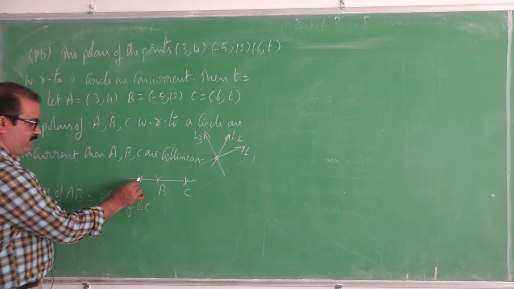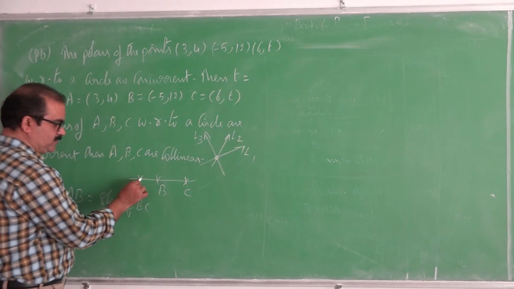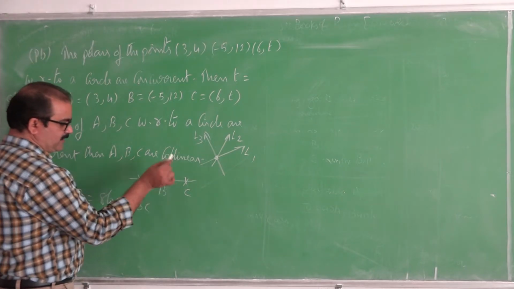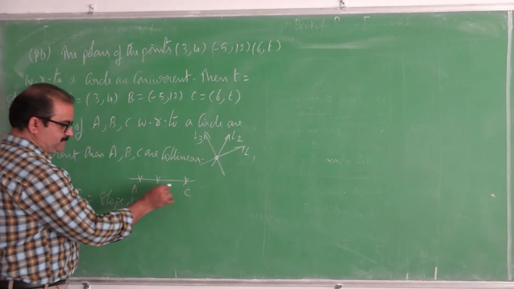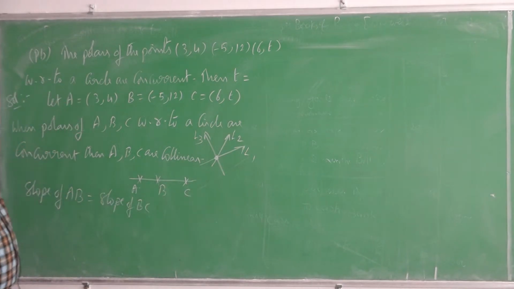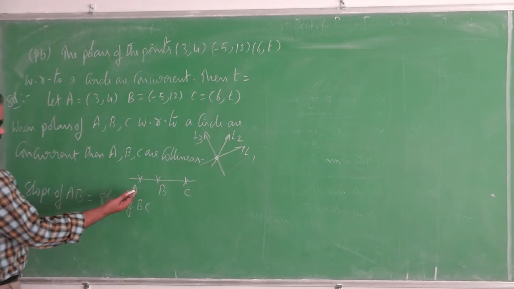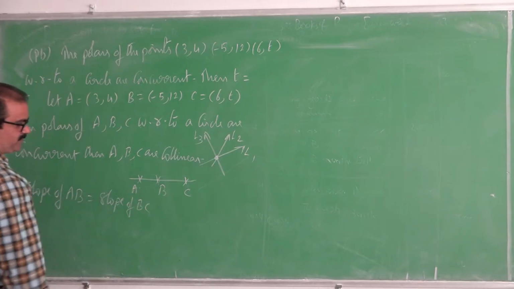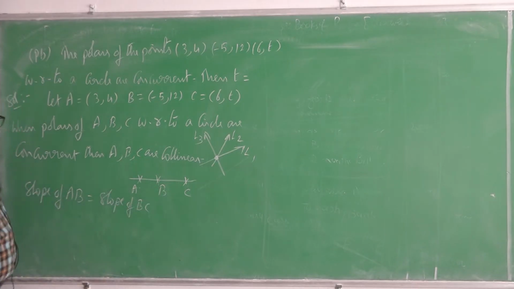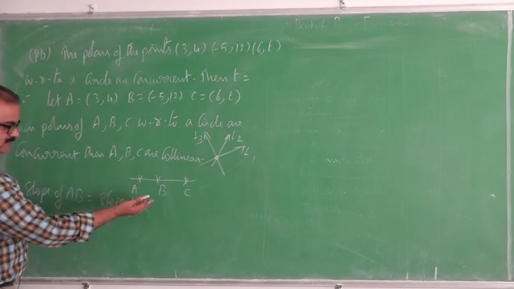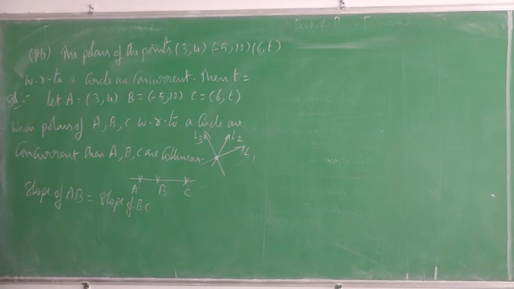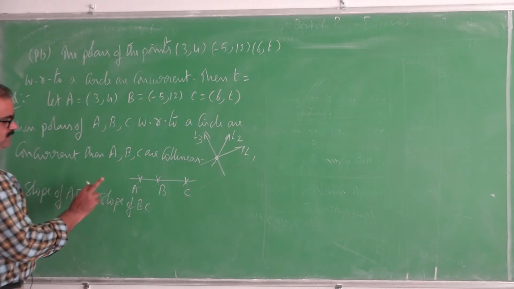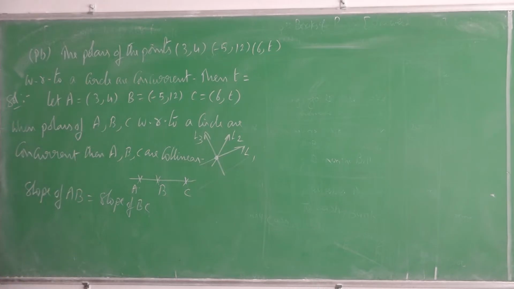Otherwise, you find the equation of the line joining 2 points A and B, and in that equation you put the point C. If it satisfies, then these 3 points are collinear. Otherwise, slope of AB is equal to slope of BC, or equal to slope of AC also. Otherwise, area of the triangle formed by these 3 points is 0. There are 3 methods for showing 3 points to be collinear.